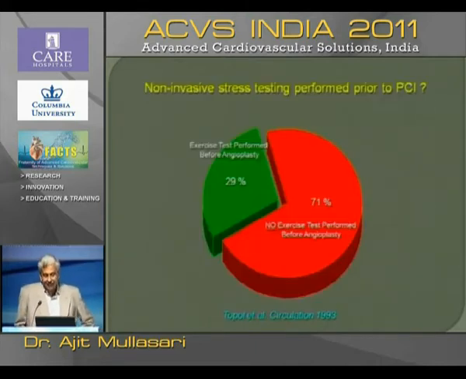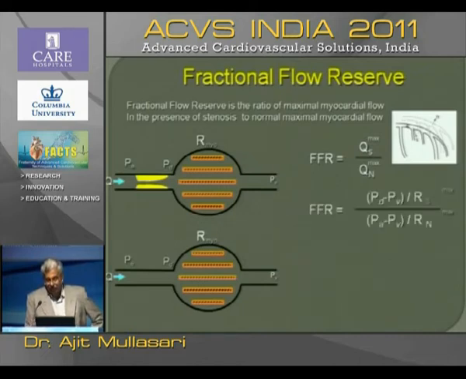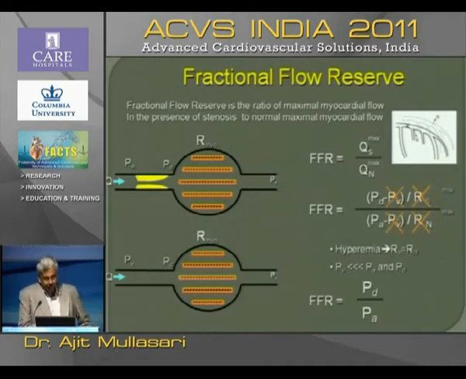In the United States in 1993, only 30% of patients had a treadmill test before undergoing an angioplasty. So 70% of patients did not have proven ischemia when they underwent a PCI. So why we need fractional flow reserve is because FFR is the ratio of maximum myocardial blood flow in the presence of stenosis to normal maximal myocardial flow. I'm not going to look at all these complicated formulas, but at the end of the day, the bottom line is FFR is equal to PD by PA. PD is the pressure distally and PA is the pressure proximally after maximal